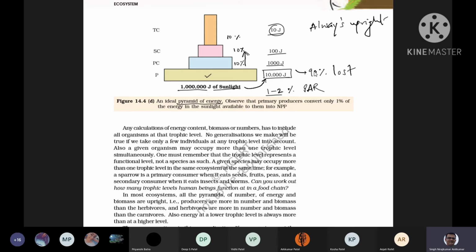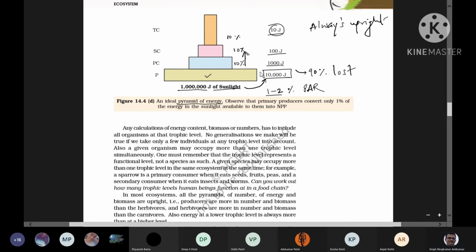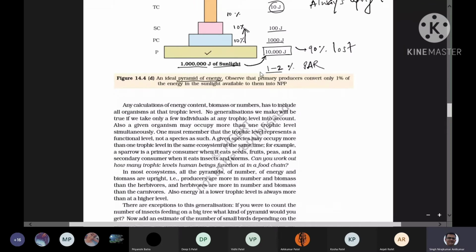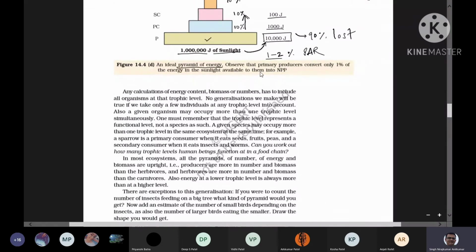Okay, and here to calculate the energy content,